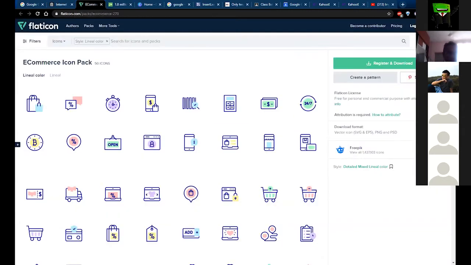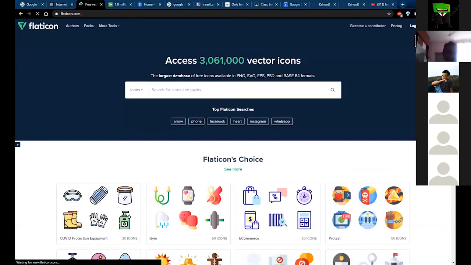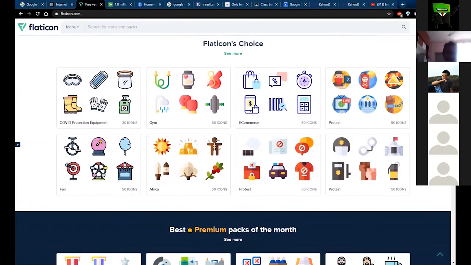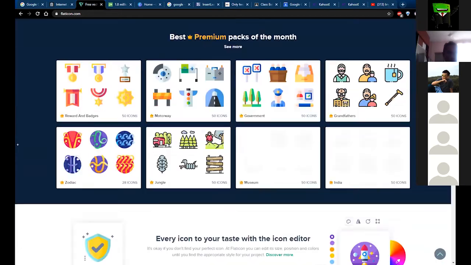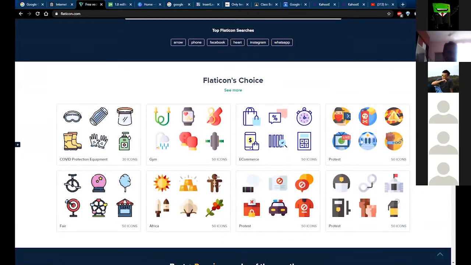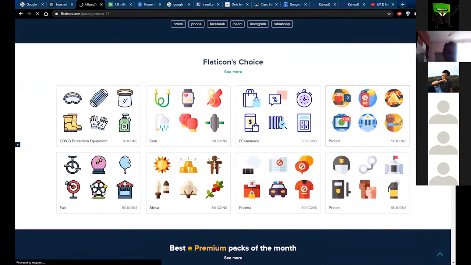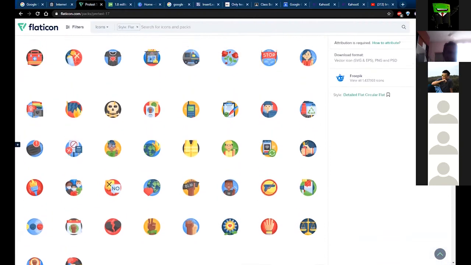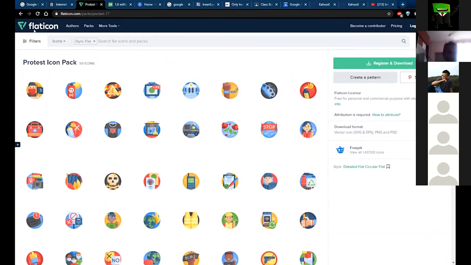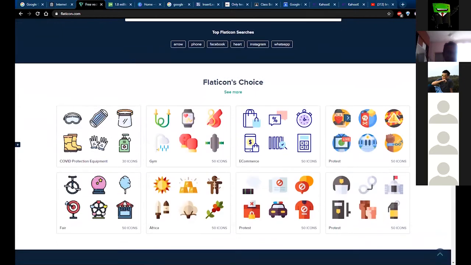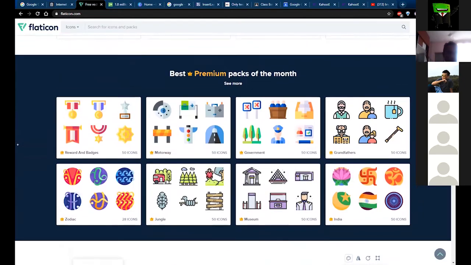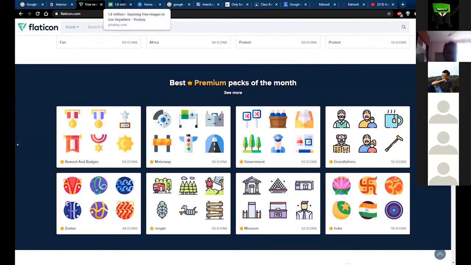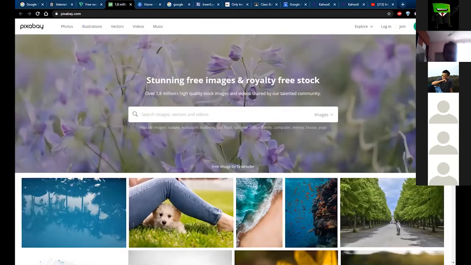So the next one is Flaticon. Flaticon is basically a website that provides you free icons to use. If I go to their main page, they'll show you all the icons and packages you can have. There are premium icons, and there are also free icons. The free ones look all right, considering that they're free. You see all the great details. It's very useful to make your slides more interesting, or for the students to use in their own slides for presentations.